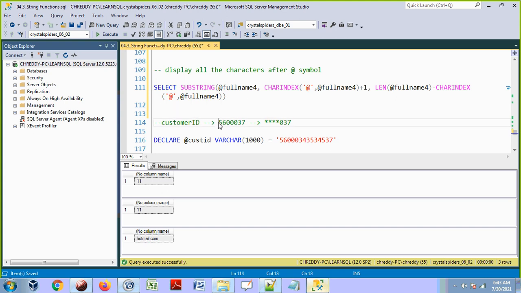So now let's see this here. Sir, I have the customer ID. This is my customer ID 560037, and whatever customer ID doesn't matter. The first 4 characters should be showing like this, stars, and the remaining characters you can display as it is. How did we do this, guys? It's very simple. I am going to use the stuff function to replace these 4,